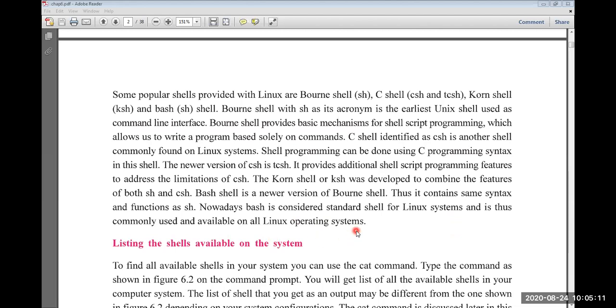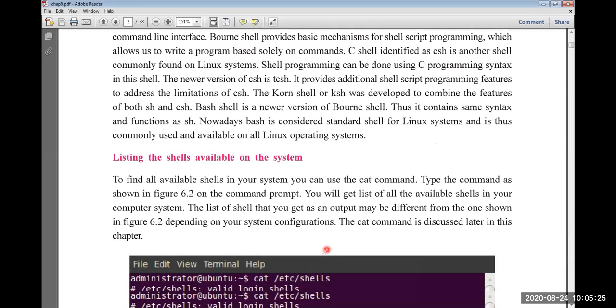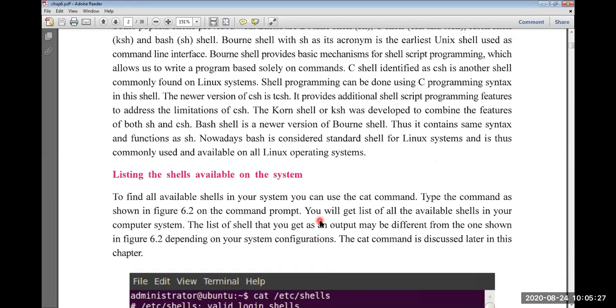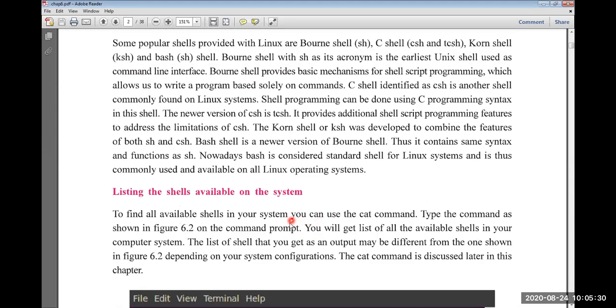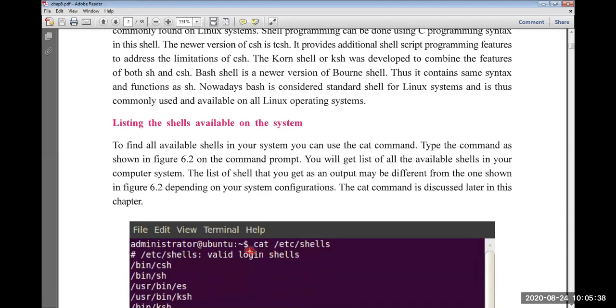So whichever Ubuntu version you are using, this Bash shell is there because it is the standard shell program. Now, how will you list the shells in your system? Suppose someone wants to view how many shell programs are there. How will you see that? There is a command called cat.